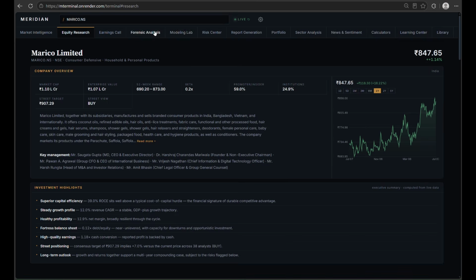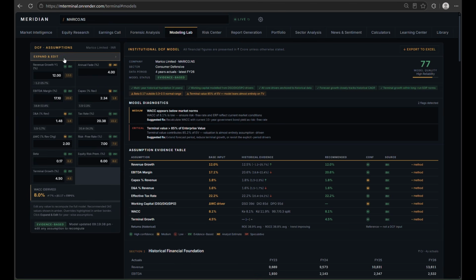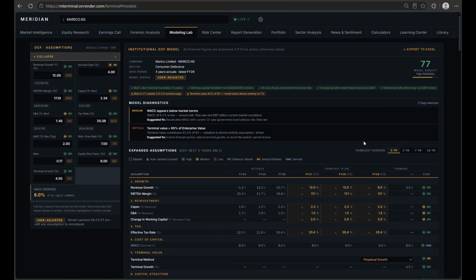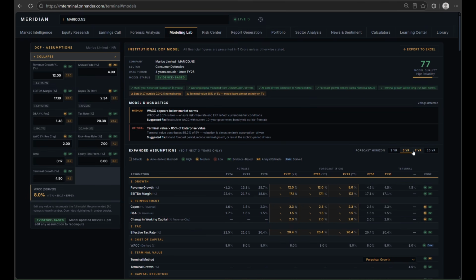This is working. So modeling is left. Now I will expand the feature. This has the feature of selecting the horizon period. Let's suppose I take a horizon of 3 years. How numbers will change at 5 years, how numbers will change at 10 years. Generally the assumptions are taken for a 5 year or a 10 year horizon.